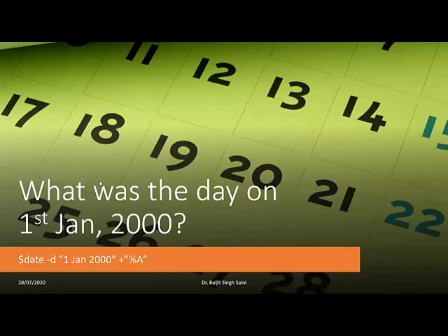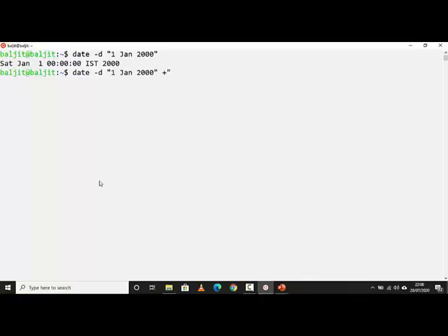So the answer here will be date -d, and then you write in double quotes "1st Jan 2000", and now I just need the day. So I am going to write +%A. Either you write capital A or you write small a, the output will be same. The only difference is that you are going to get either the full weekday or the abbreviated weekday. Try it out and you will get the answer as Saturday.